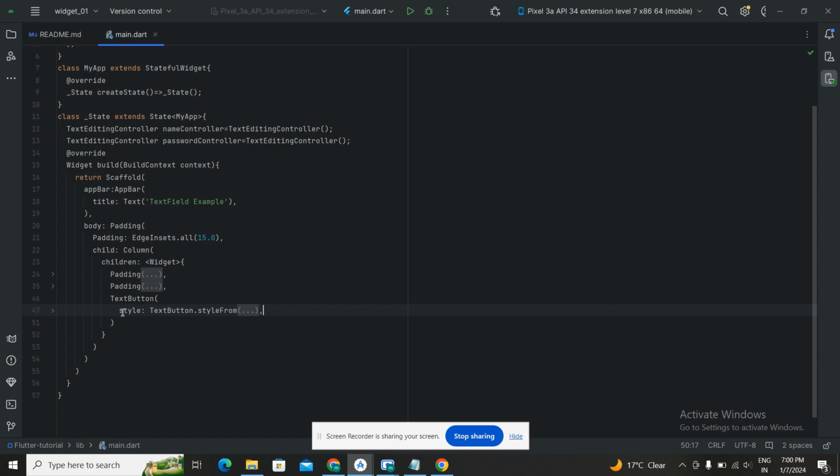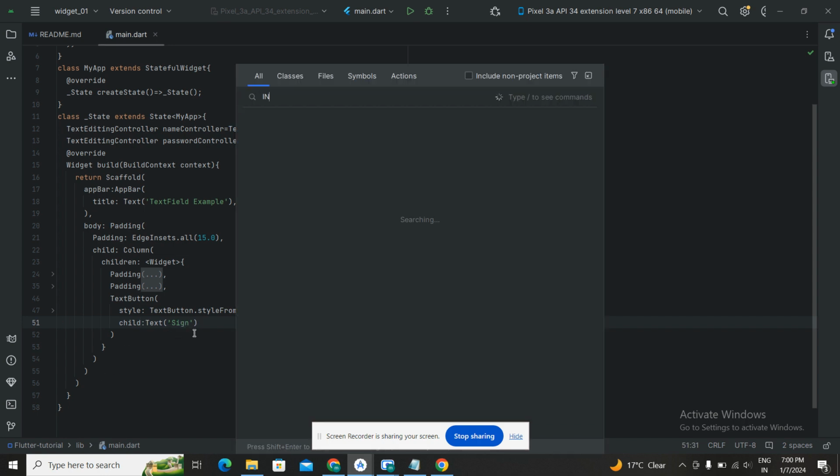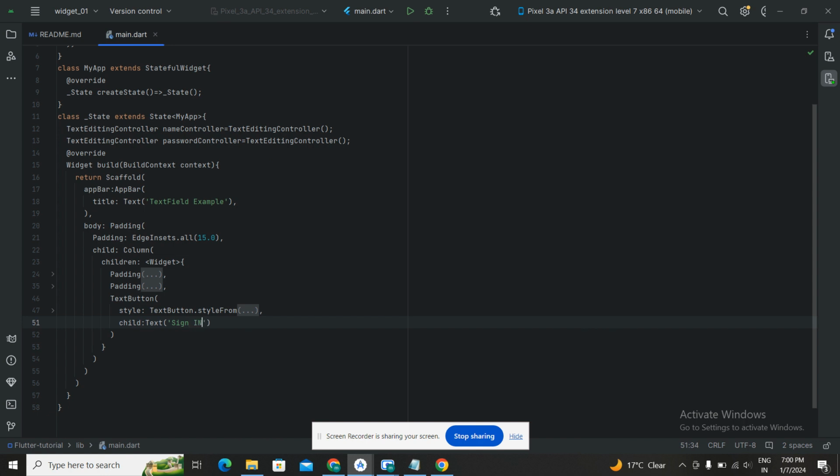This is for the text field. Inside this text button, I'm going to give the children sign in. This will be the text, and let's add the function as well. On press,